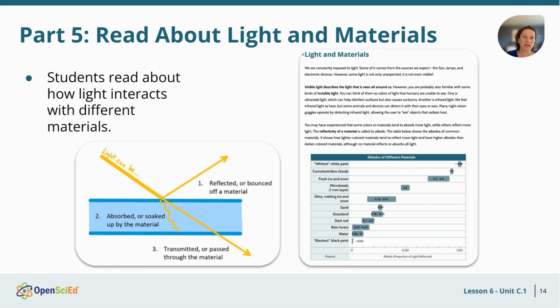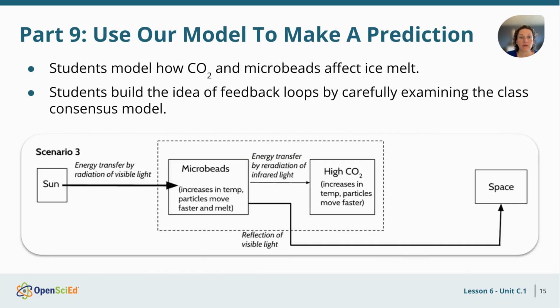The reading also tells us that carbon dioxide and other greenhouse gases let visible light through, but they absorb infrared light, meaning that the energy is soaked up by the gas molecule. The key moment in part 9 is where the students will make some predictions that if humans continue to release more carbon dioxide in the atmosphere and no solutions like microbeads were implemented, then the ice would melt more and there would be more carbon dioxide in the atmosphere and Earth's temperatures would get